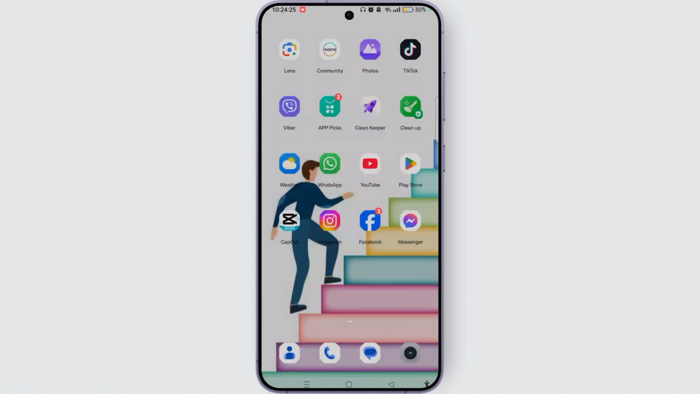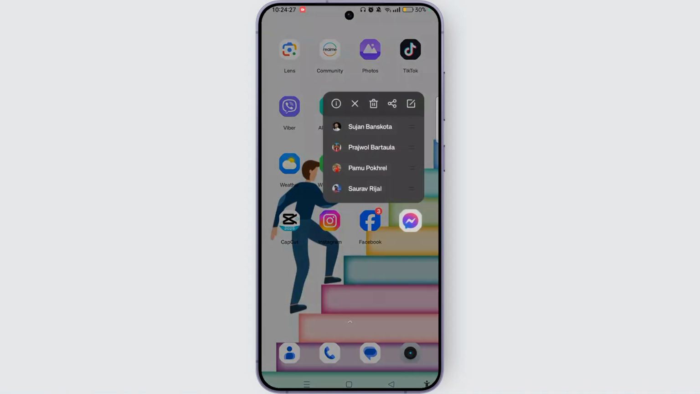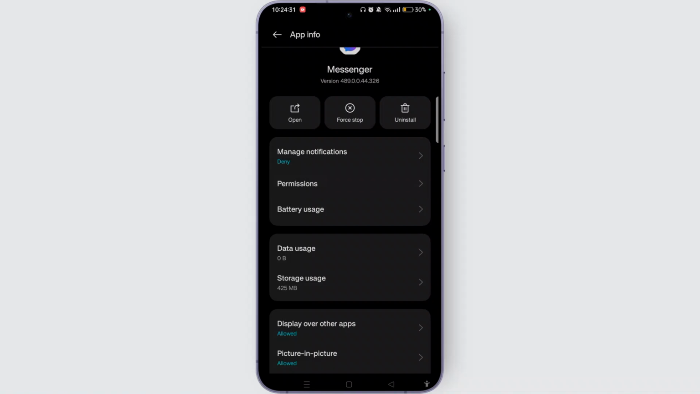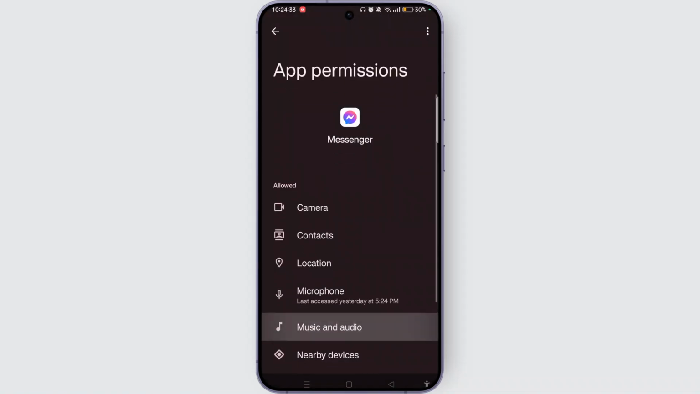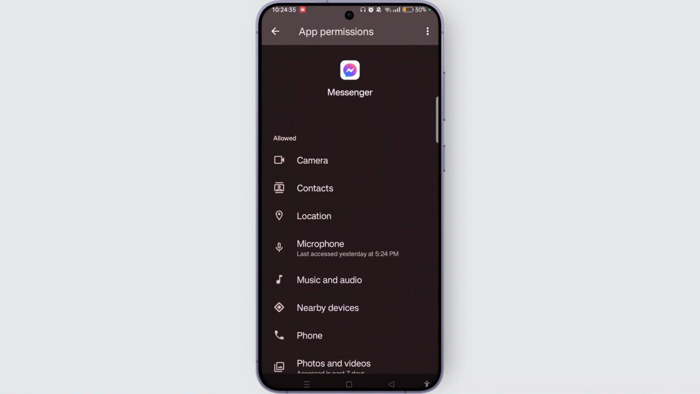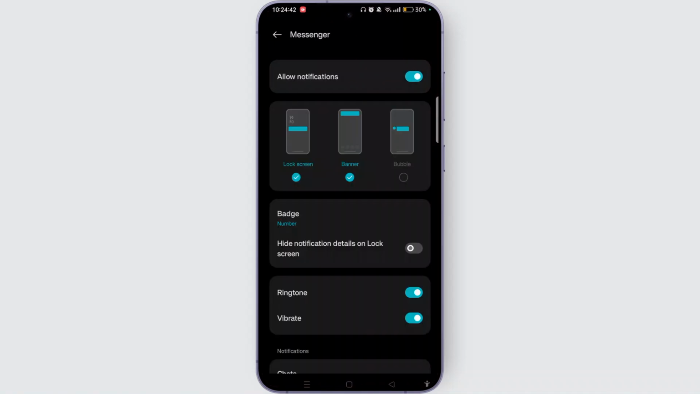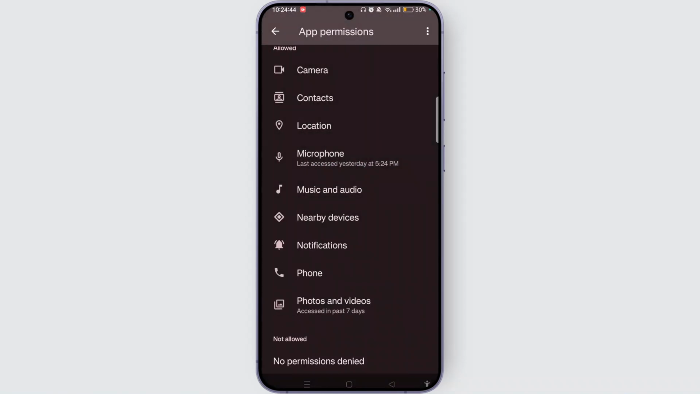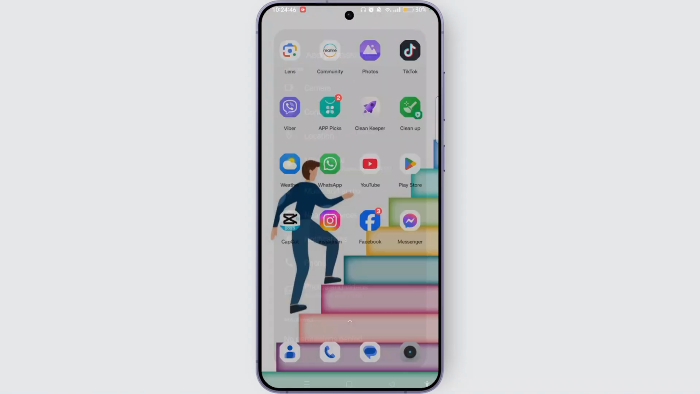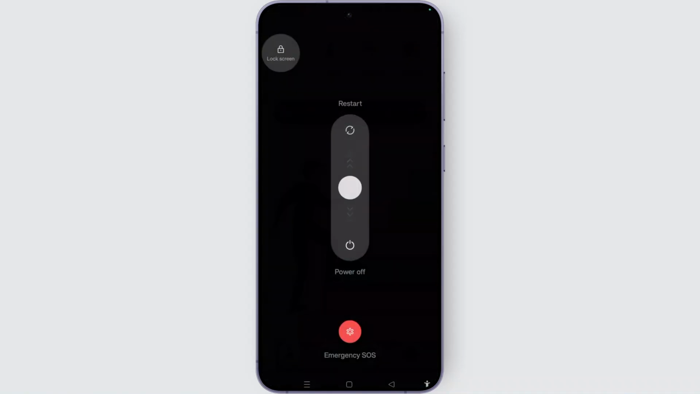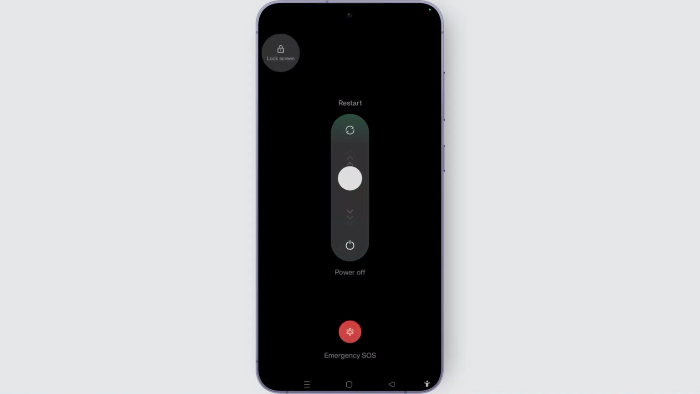With this, you need to simply long press on Messenger again and access your app settings, where you need to tap on permissions. Make sure that you have allowed all the app permissions. If not yet, you can easily choose the particular permission and then tap on the allow notifications or choose allow button. To make these changes applied, long press on your power button and then restart or reboot your